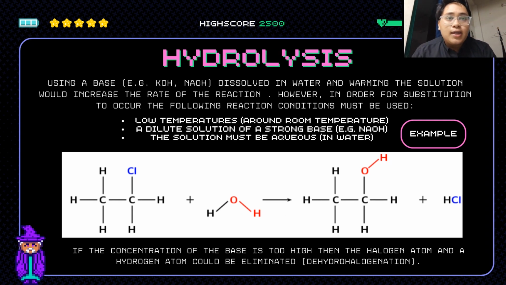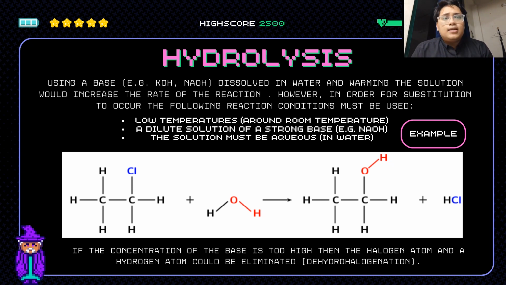We also can use a base that dissolves in water to undergo the hydrolysis reaction. But we have to follow three conditions, which are low temperature around room temperature, a dilute solution of a strong base, for example sodium hydroxide, and the solution must be in aqueous state, which is dissolved in the water. If we fulfill these three conditions, we can use a base that dissolves in the water to undergo hydrolysis